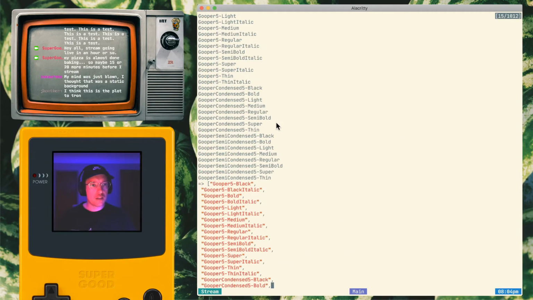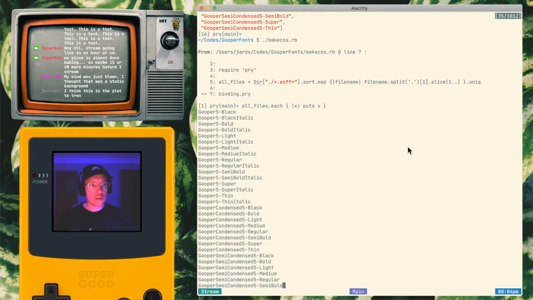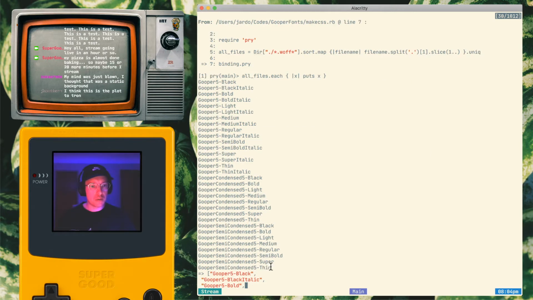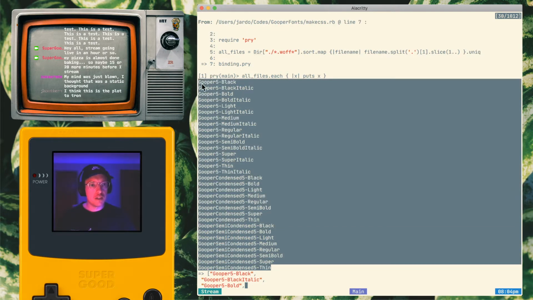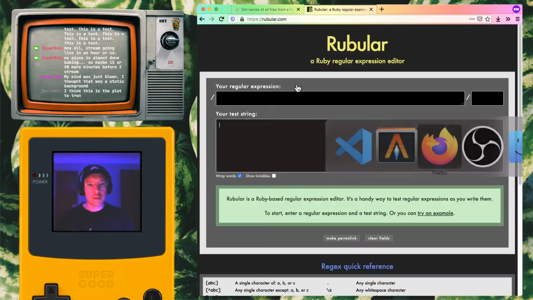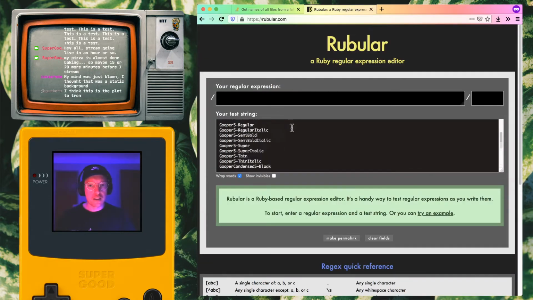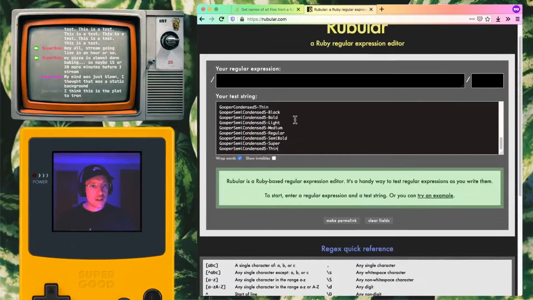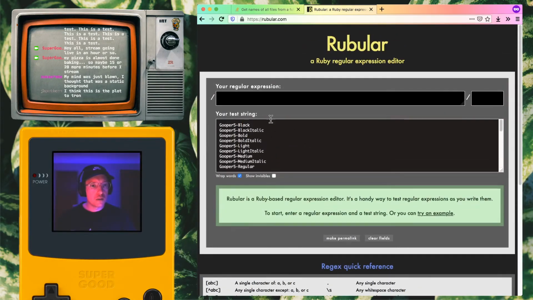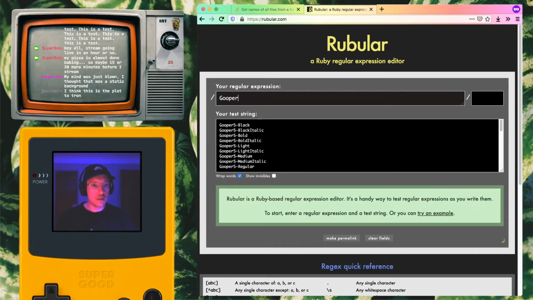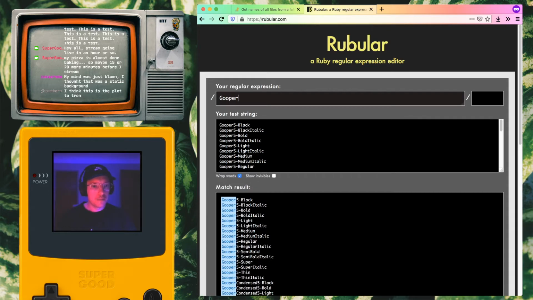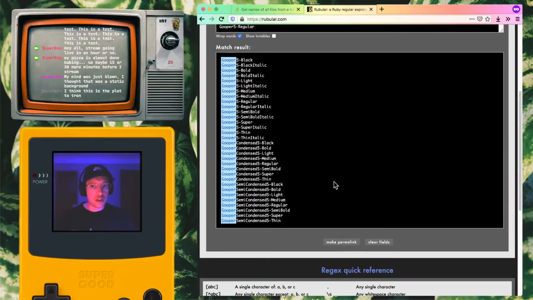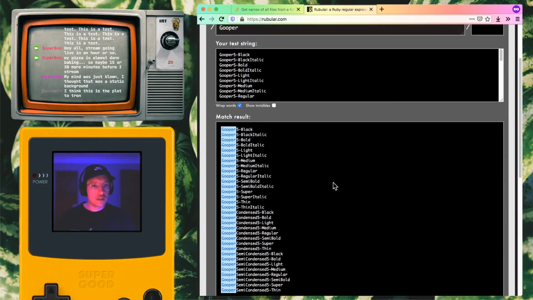Oh, my scrolling's being weird. Grab all of these, pop them into Rubular, and now we've got a whole selection of things. So Gooper, all of these start with Gooper, good,